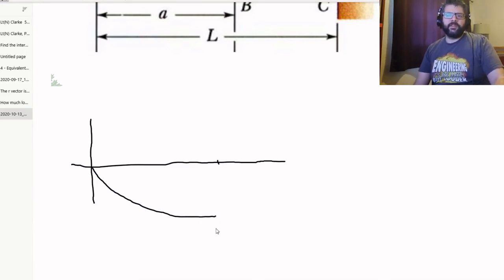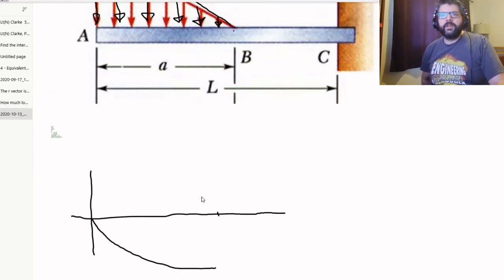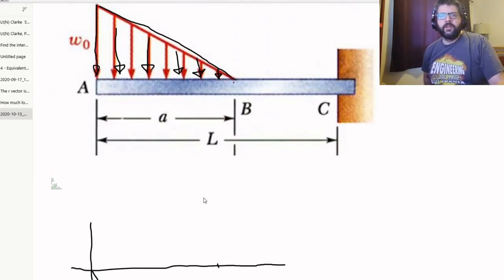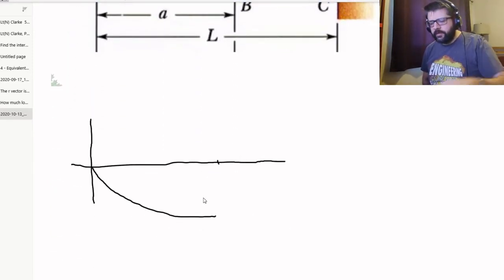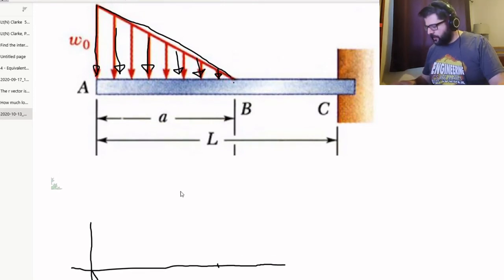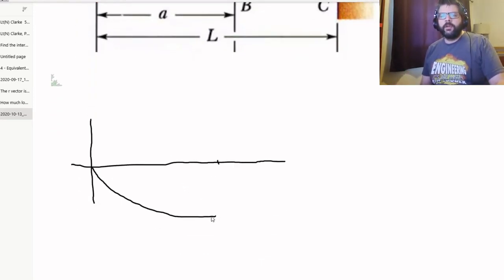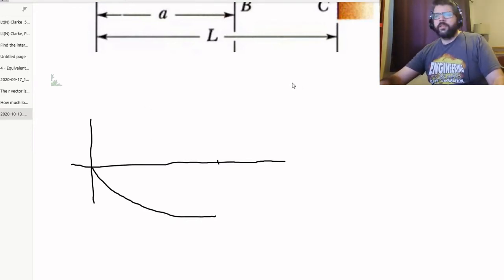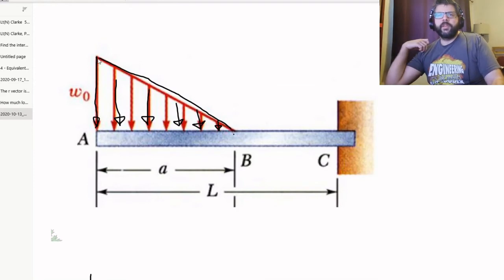Something like that. It's not necessarily going to look exactly like that, but if you're just sketching something out, it doesn't need to be perfect. So as for the magnitude of that shear load, that is going to be based upon the area